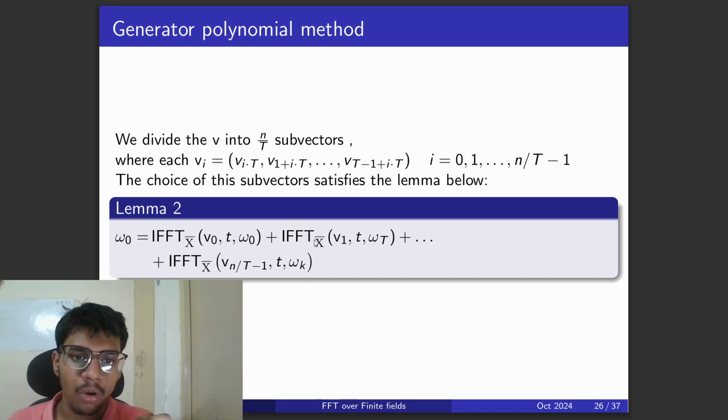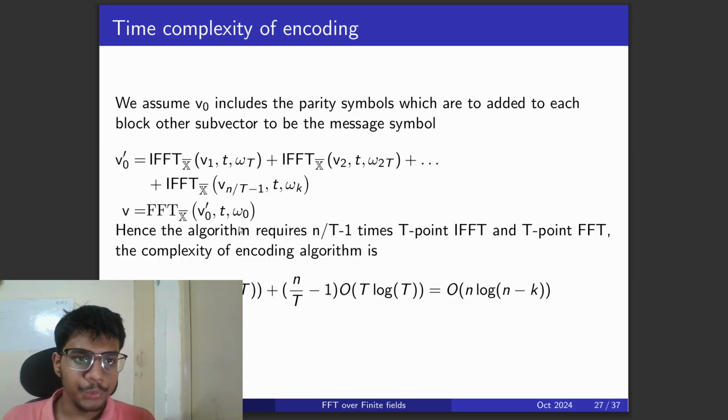So to get omega naught, the inverse Fourier transform of the summation of all our subvectors, we have chosen this specific vi, and here vi dot t, 1 plus i dot t are its elements. So these are all elements of vi. So moving on, calculating the time complexity of our encoding algorithm,